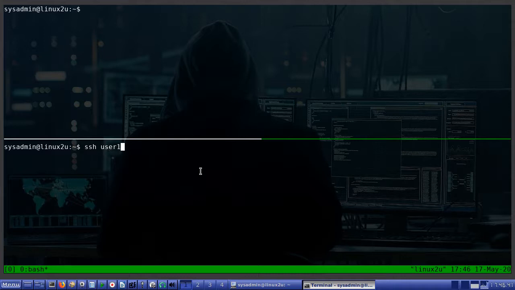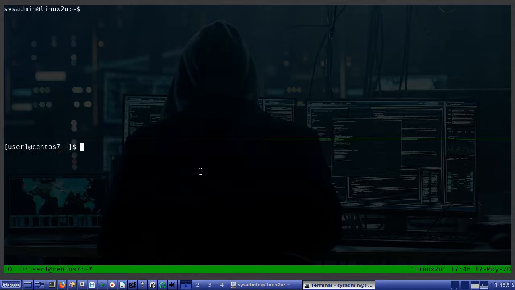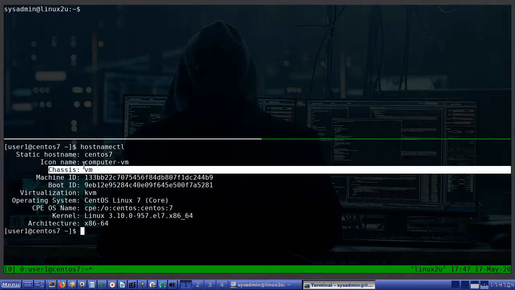User 1 at, and I'm logged on CentOS 7 virtual machine. You can see here Chase's virtual machine,